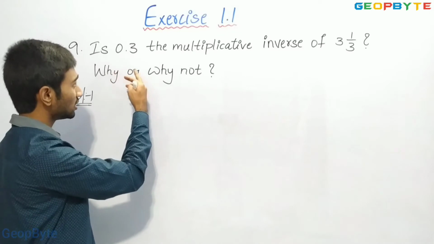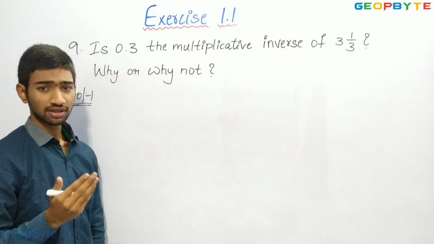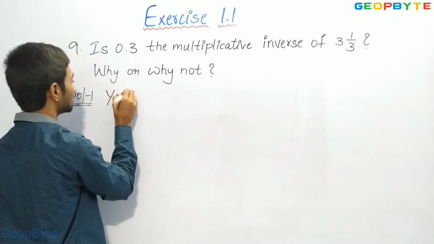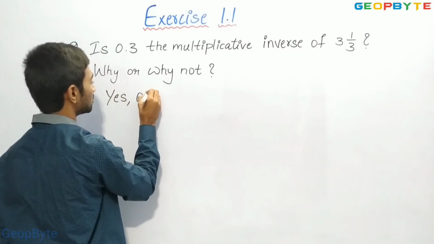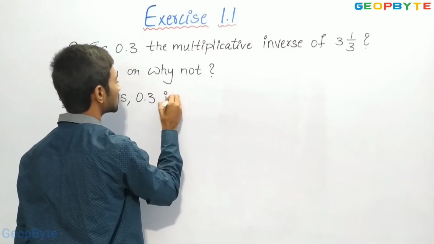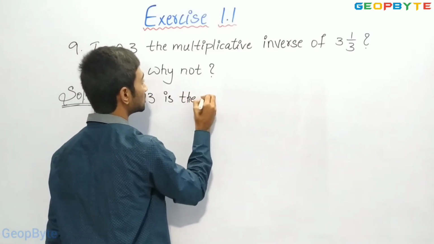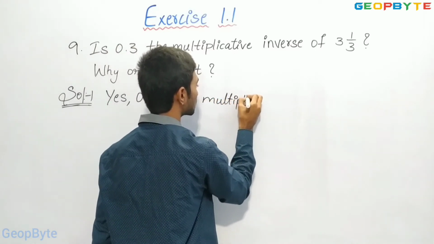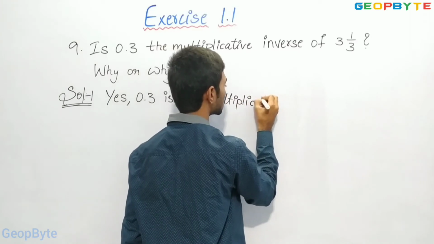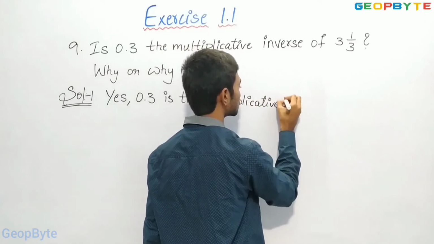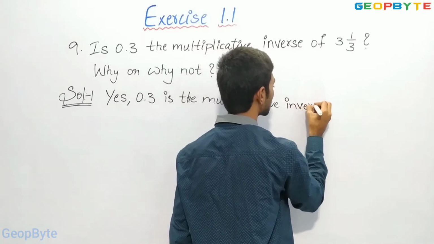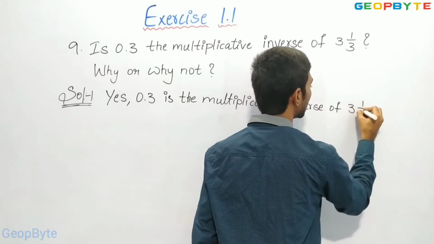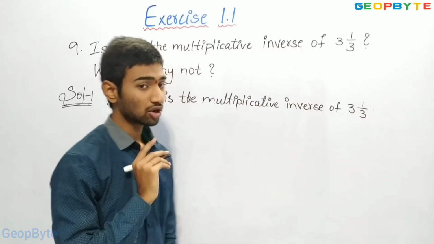Is 0.3 the multiplicative inverse of 3, 1 by 3? Yes. 0.3 is the multiplicative inverse of 3, 1 by 3, because